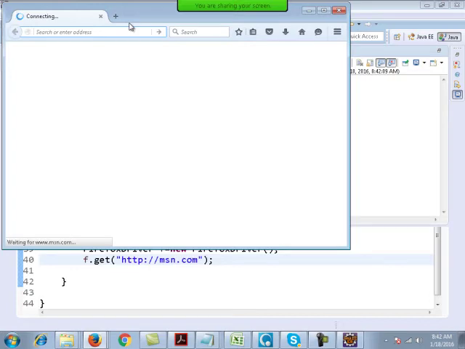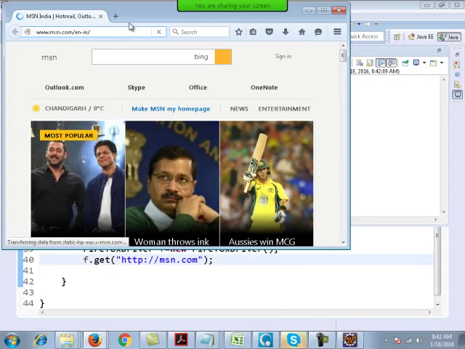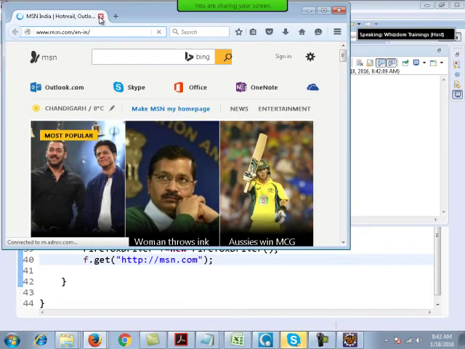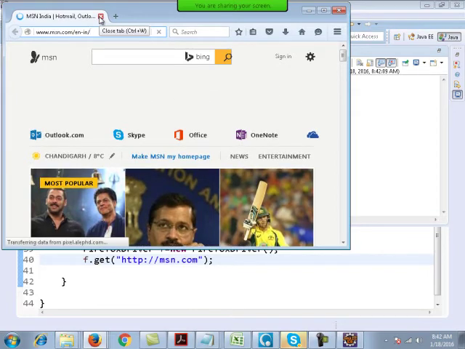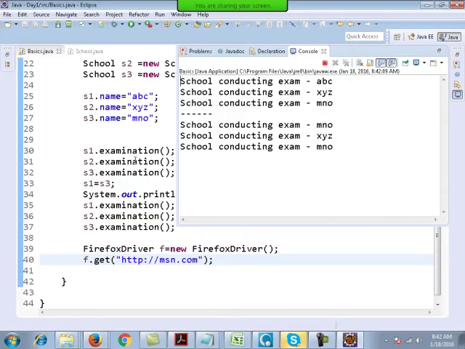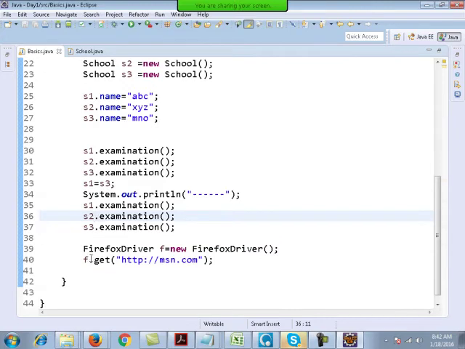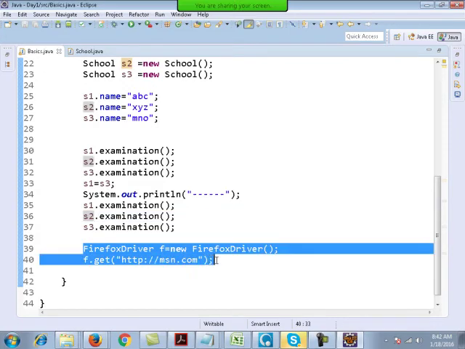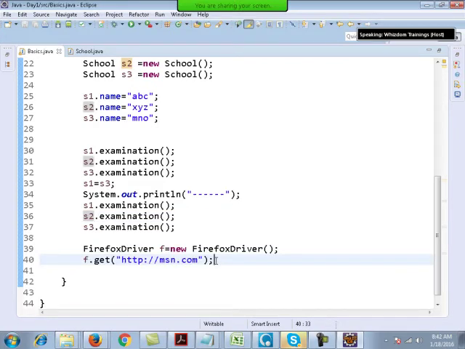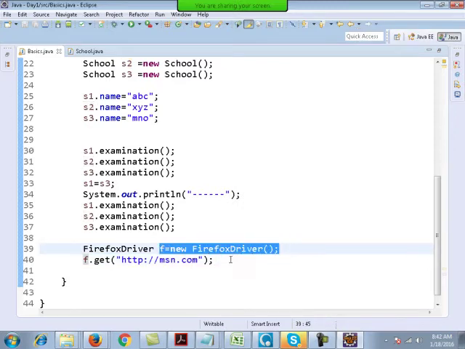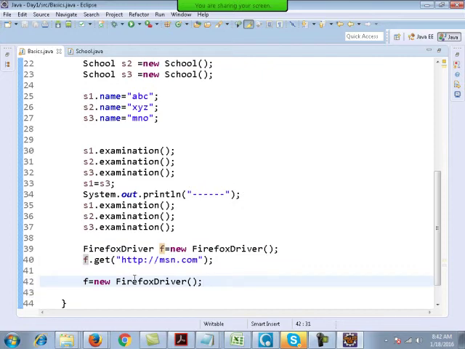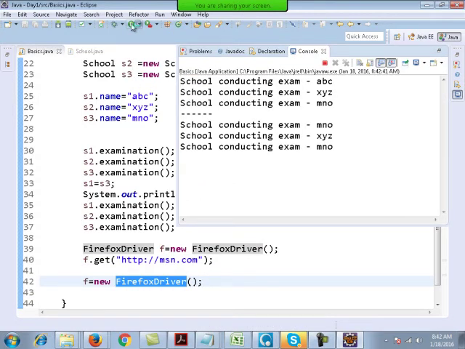So everything is inbuilt. There is nothing new, there is no rocket science involved. You have to learn the inbuilt features. You need to learn the concepts of object oriented programming. Probably on the next line, if I make f point towards a new FirefoxDriver, then again a new Firefox will open up.